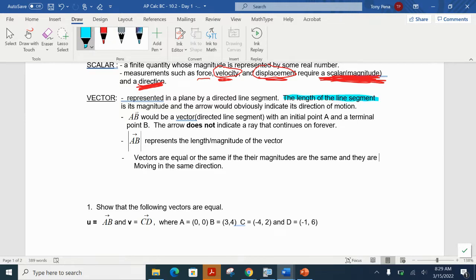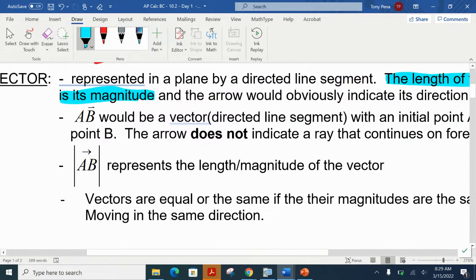All right, we'll be finding plenty of those. So the length of the line segment is its magnitude. And the arrow would then obviously indicate its direction of motion. So when you see this here, let me make this a little bit bigger. It looks like a ray, but what you want to understand when we're referring to this as a vector,